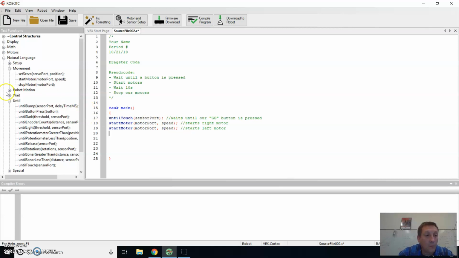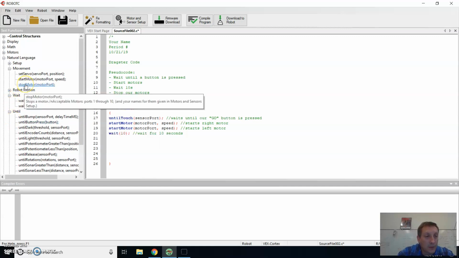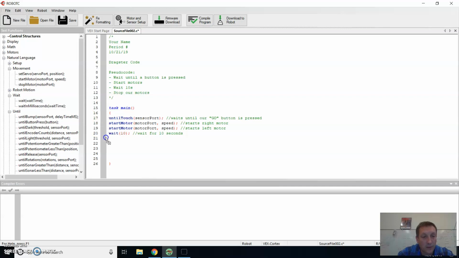And then, as we had discussed, we're going to wait for 10 seconds. So I'm grabbing the wait time function. And in wait time, we had discussed waiting for 10 seconds. And so we're going to wait for 10 seconds. And then we want to stop our motors. So we're going to go to Stop Motor under the Movement section here. And we'll stop maybe our right motor first. Stop right motor, and then we're going to stop